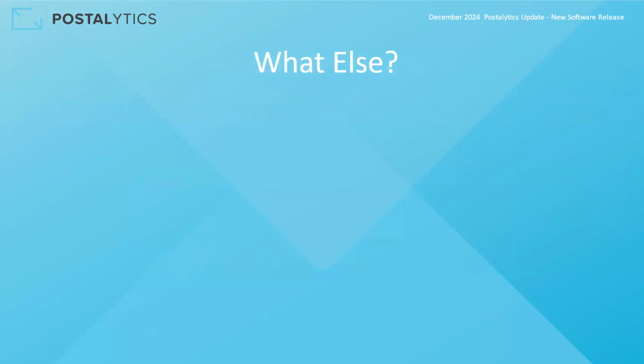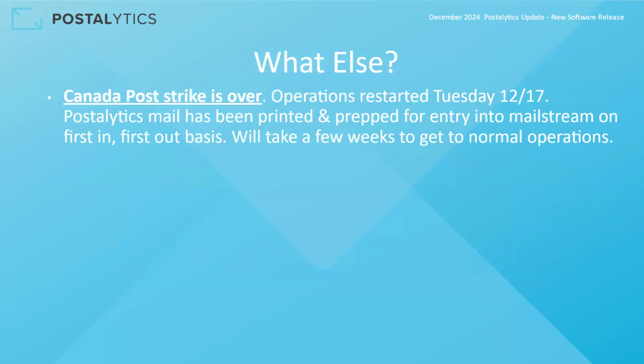So what else is going on? We've got several other things that are happening kind of at the same time. First, for those of you who are mailing in Canada or thinking about mailing in Canada, the labor strike at Canada Post is now over as of this week. Operations restarted on Tuesday. During this strike, which has been about a month, Postalytics mail has been being processed and